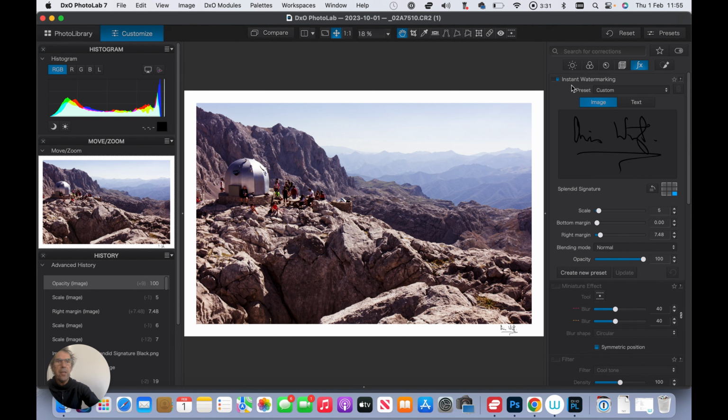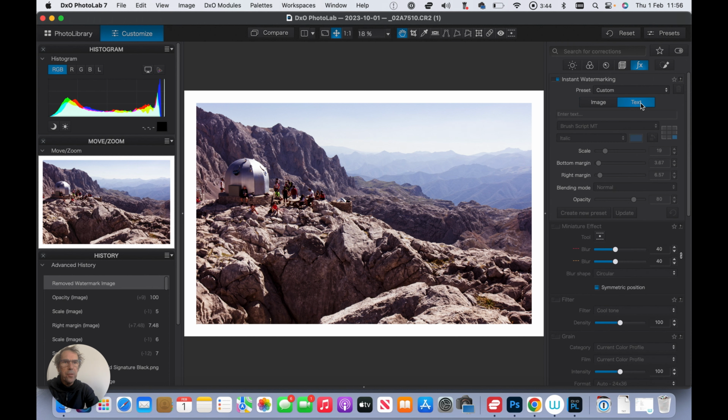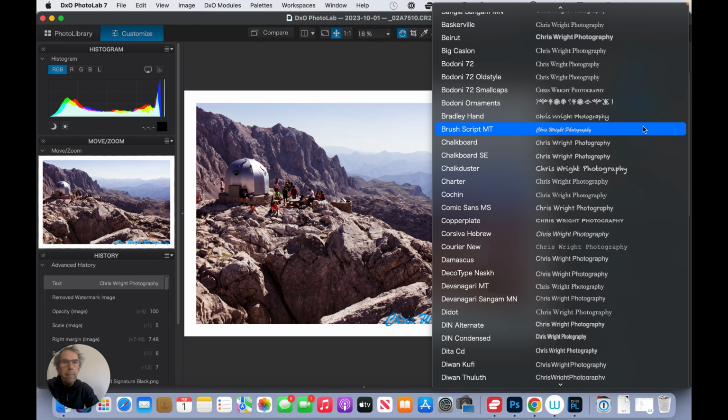This is the same concept, but you're going to do something different. So let's get rid of the thing here. Now we're going to choose text, and you can use this to create signatures, by the way, using exactly this method. But what we do is write Chris Wright photography here, and you have to press the enter key to get this going,